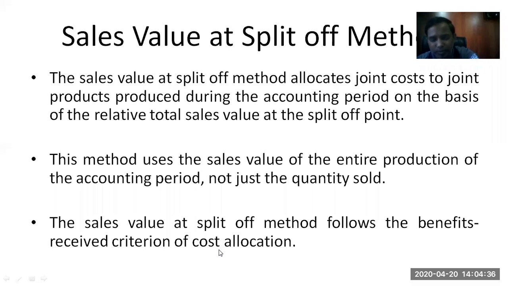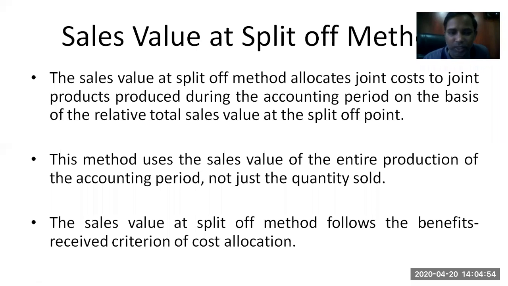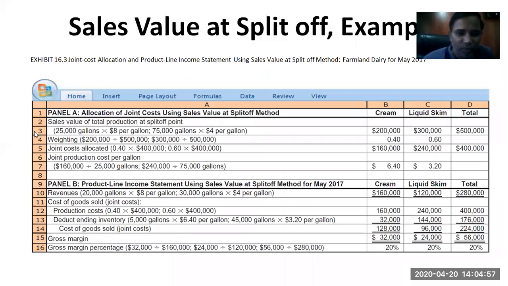So any product which has a sales value at the split off point, with the help of that respective sales value only, this joint cost will be allocated, which is known as the sales value at split off point. Let's try to understand this. It's an example given. 25,000 gallons has been identified with a price of $8 per gallon and $4 per gallon. We're able to see 25,000 into 8, that comes to 2 lakh, and